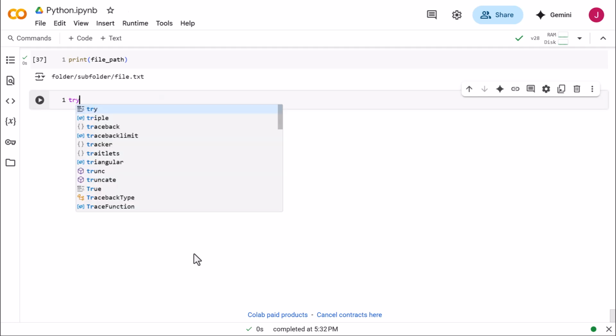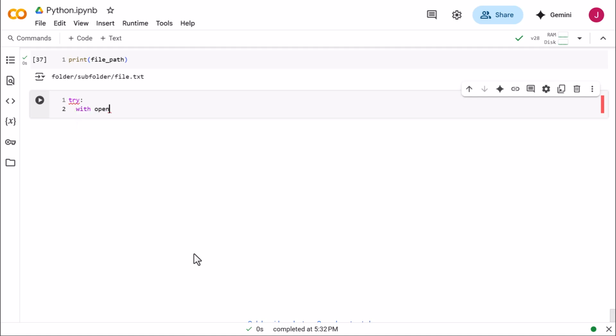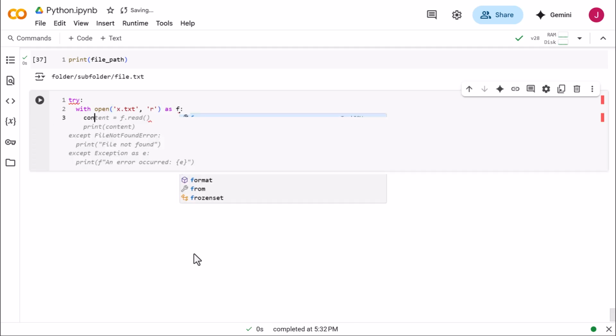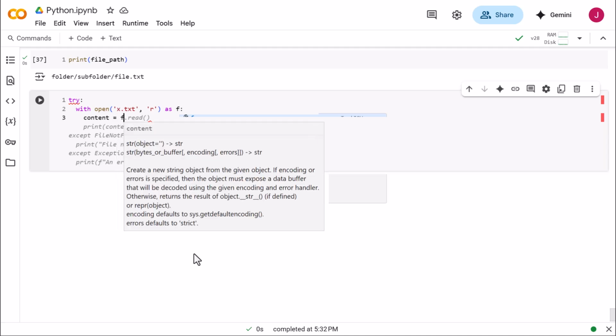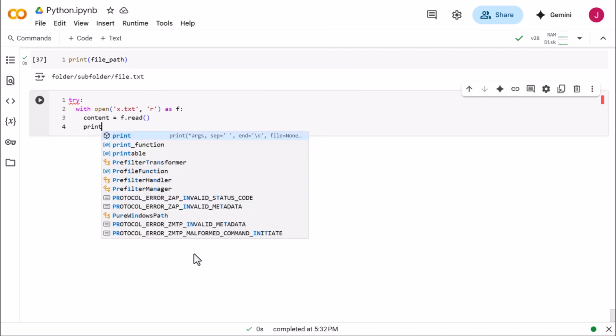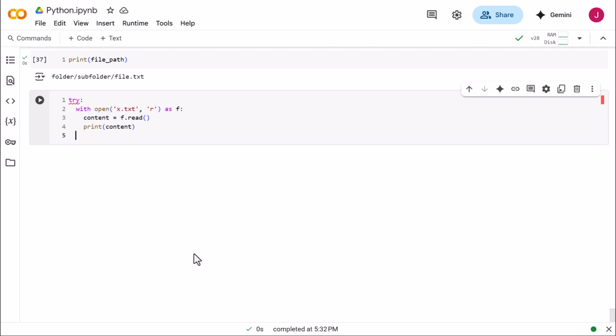So we write try and with open one file that does not exist there, right? We want to go for error handling. For example, x.txt, and we give our reading permission as f. We want to read the content of this file, f.read, print content. But this file is not available, so we can write except FileNotFoundError, print error file not found,